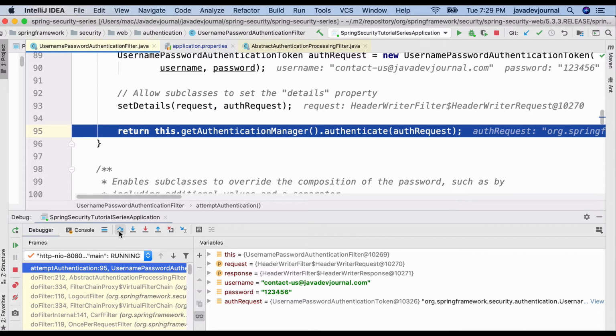Now this is the interesting part. We got the username and password. We have this username and password authentication filter. Now it is going to get the authentication manager, and in the initial one where I was giving you an overview of the filters, I said that there is a default implementation for an authentication manager, right?